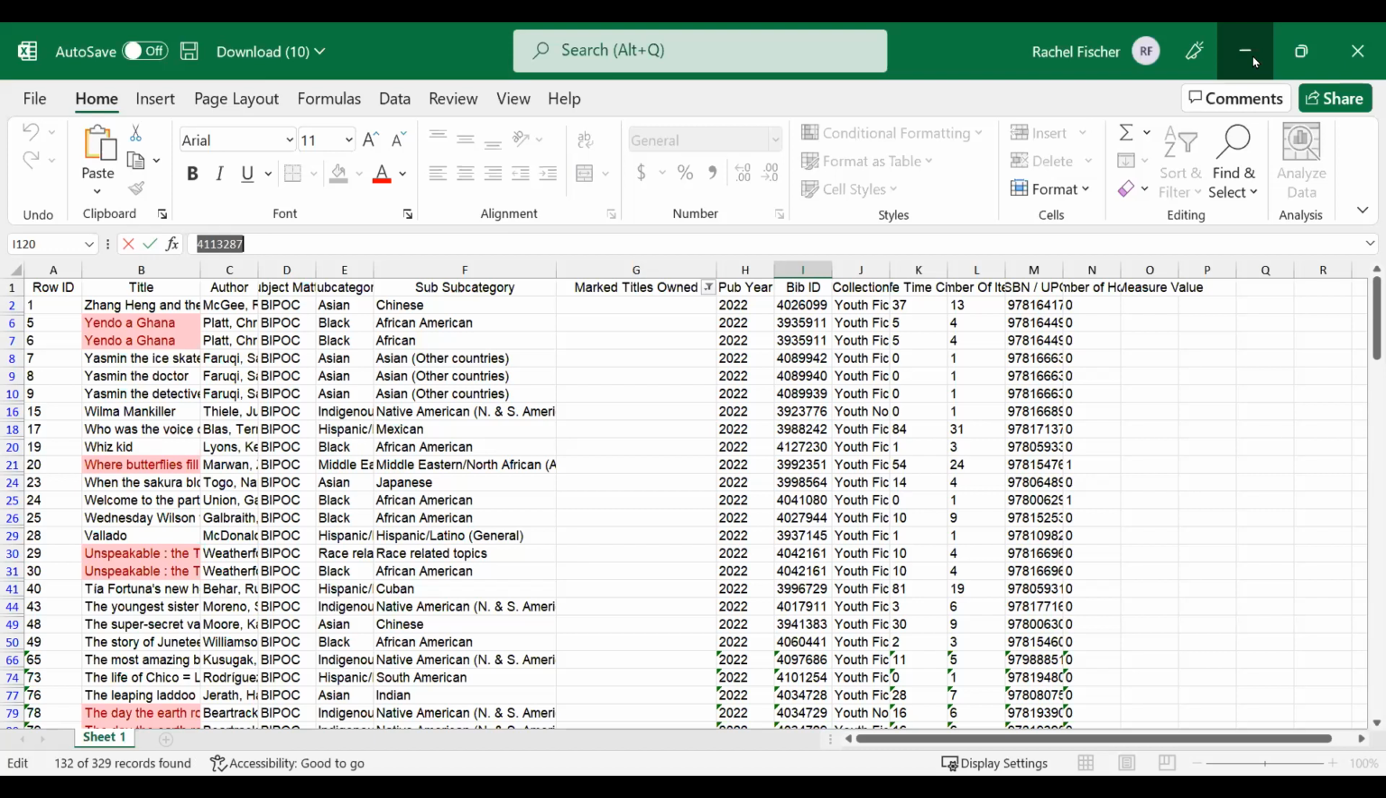So we can see that this is definitely a picture book, and it's not owned by Palatine yet. It's definitely a bilingual picture book. So this could be something that Palatine might want to